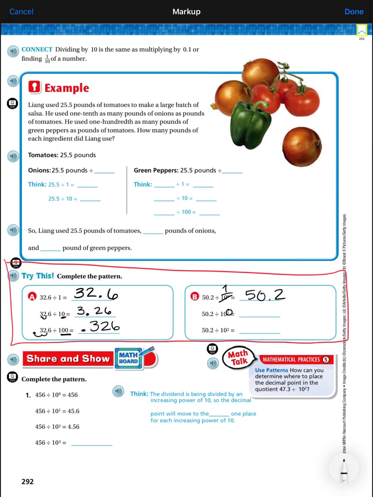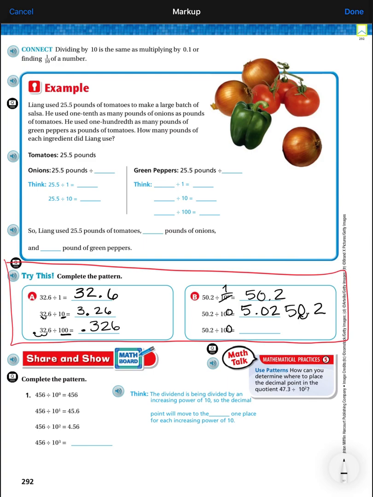Then we have 50.2 divided by 10 to the first. Well, that little exponent right there tells me that I have to move my decimal point 1 place to the left. Okay, so I have 50.2, and I'm moving it 1 place to the left. I now have 5.02. Okay,